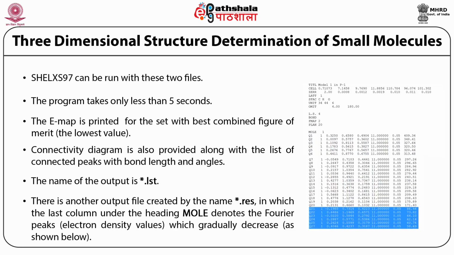The last column denotes the electron density values for the peaks. If you look at the peaks, all are assumed to be Q. As I told you in the beginning, direct methods assumes equal atom types. If you look at what types of atom it has taken, next to Q1, you just see 1111. This is known as species identifier. Now you go to the SFAC card and see what is the first species: carbon. So the program has assumed all atoms to be equal, which is equal to carbon.